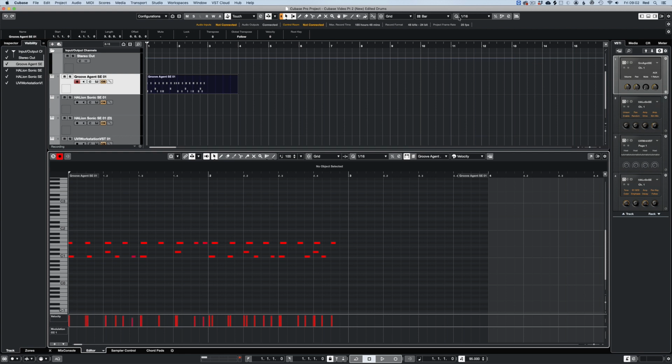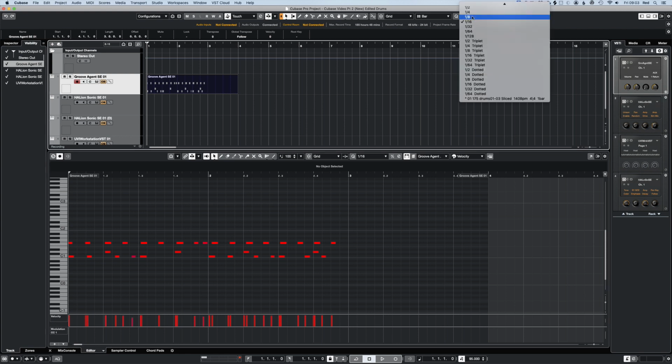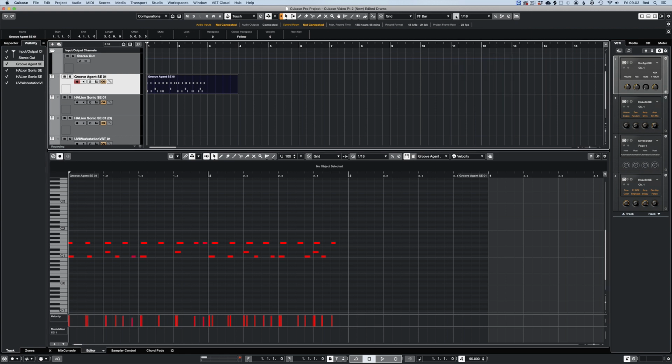So you've got your global quantize settings here. So if I click here, you can see it's quantized all of those notes inside that. So I've just undone that using Command Z. Okay, so in the same way, if I click here,